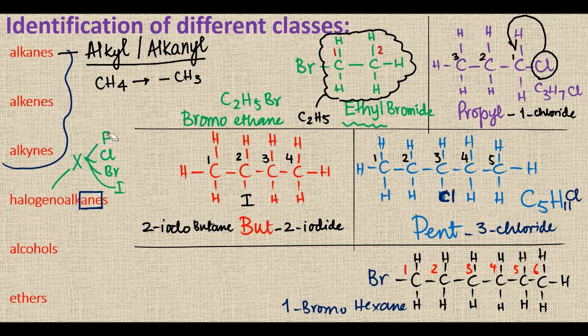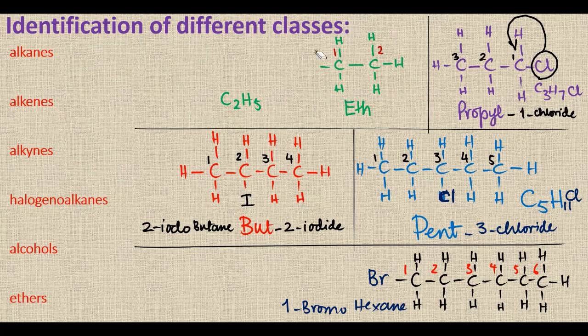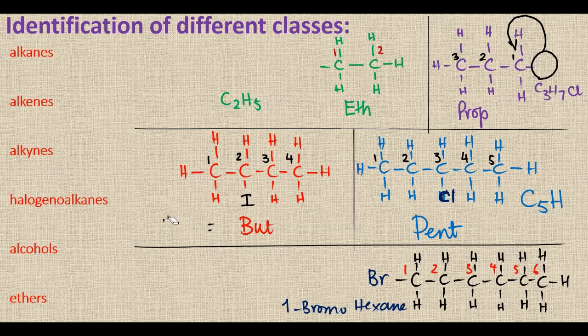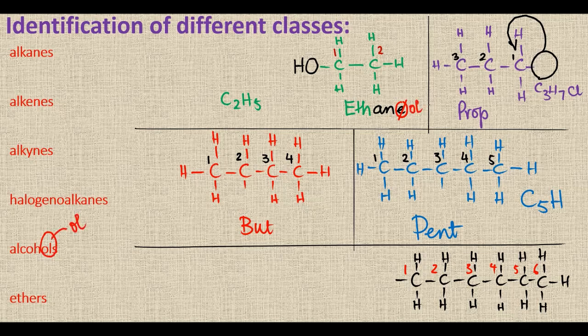The next homologous series which we are going to talk about is the alcohols. As we have seen, in a halogenoalkane the halogen is attached to one or more carbon atoms, but in the case of alcohol, a hydroxyl group is attached, as we have seen on the previous board as well. So in order to understand alcohols, we are going to replace all of the previously added halogens with the hydroxyl group. The first member of this homologous series is named ethanol. In the respective ethane, the last letter E is replaced by the ol from the alcohols. So the name of this compound is ethanol with a molecular formula